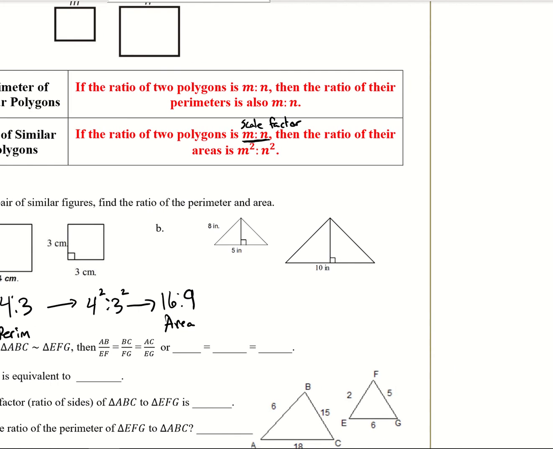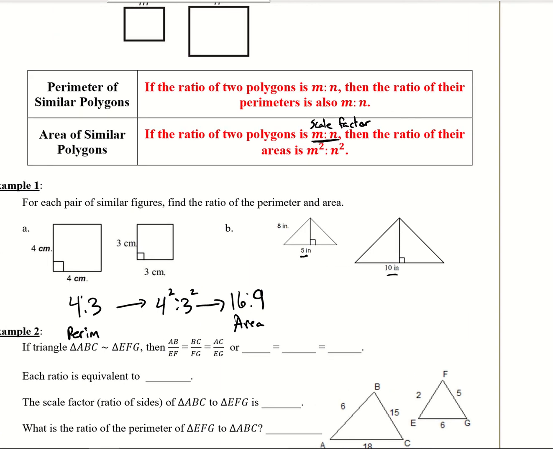The only thing is you have to pick, with squares it's easy because you can't pick a wrong side, right, because they're all the same. With other shapes, you have to make sure you align the correct length. In this case, we have both of the bases, so we're going to use the base. So the ratio of perimeter is just going to be 5 to 10,